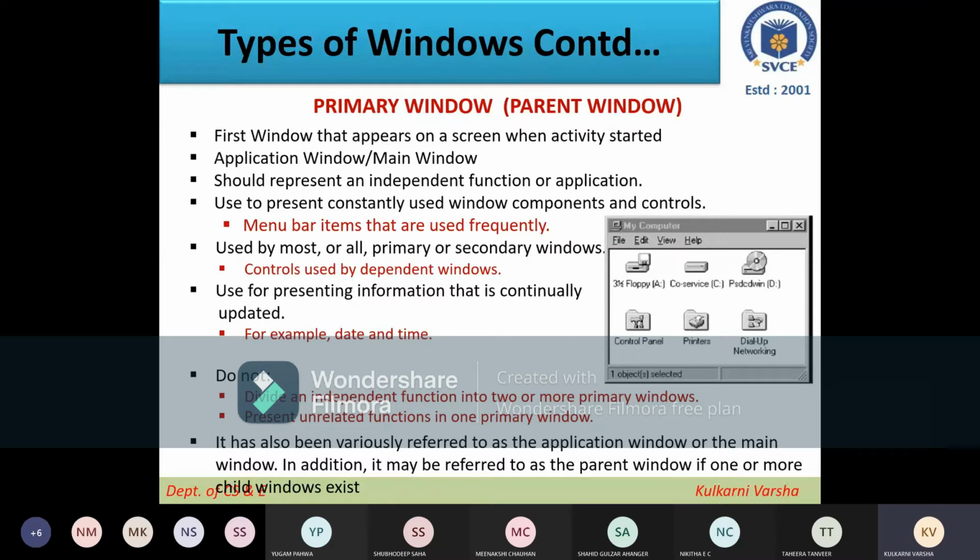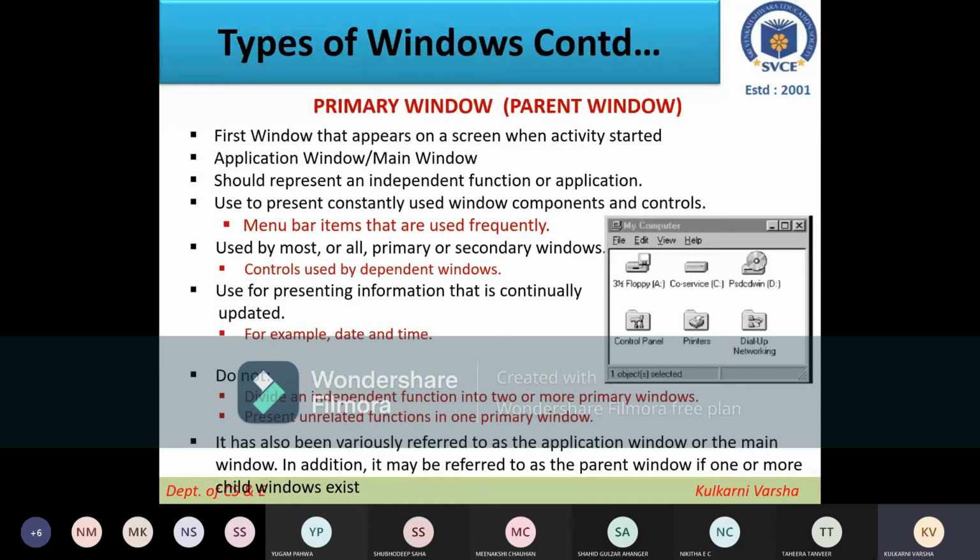When any application is being designed or developed, we have to see what should be there on the primary window, what should be there on the main window. Everything we cannot dump on the main window because it should not create a lot of clutter.